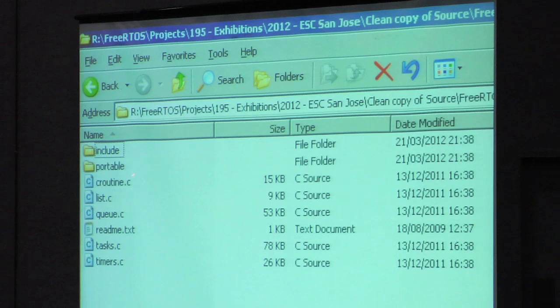the FreeRTOS kernel is implemented in three files, really. You've got list.c, queue.c, and tasks.c. That's just three files which are common to every single port. Coroutines are less relevant to this class of processor. Timers implements software timers, but it does it by using the functionality which is in the other three files. So while it extends the API to users like yourselves, it uses the kernel itself rather than being part of